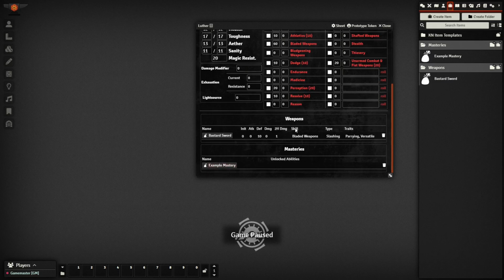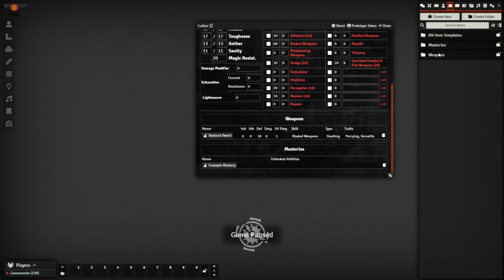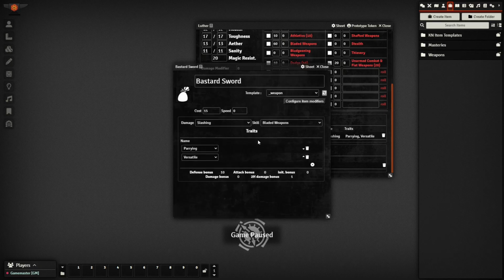Well, when you drag an item into an equipable inventory slot, such as the weapons or the masteries, it creates a copy of that item. There is linkage back to the original. If you were to change the original, it would update it. But when you change it here, it does not update it back the other way. So that means you could customize it and make changes to it here and it won't change the